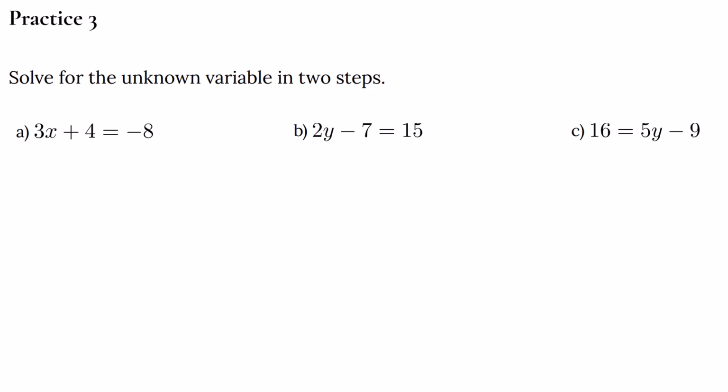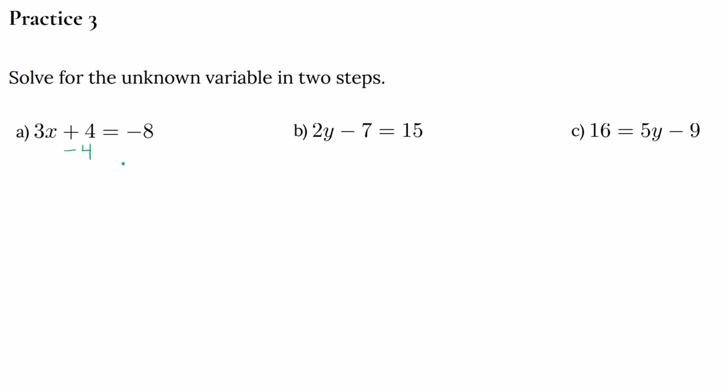These are called two-step equations because it will take 2 steps to isolate for the variable. To get x by itself in A, we're going to have to get rid of the multiplied by 3 in front of it, as well as the plus 4. My recommendation is to get rid of the term that's added or subtracted first, as this will make the math quite a bit easier. So to get rid of that plus 4 from the left side, we're going to